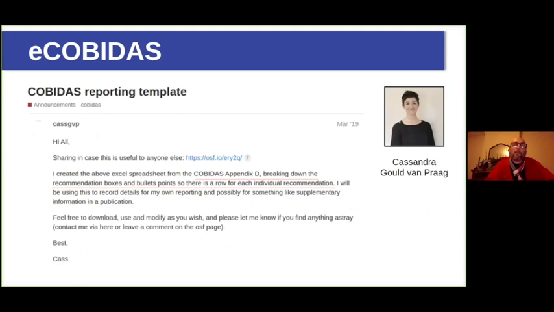And then a couple of months later, I think it was March 2019, Cassandra Gorgan-Prag just posted this on Neurostars, where she said, so here's the appendix of the eCOBIDAS MRI report, Appendix D, which is the table I was mentioning. And she had broken it down into a list of items,